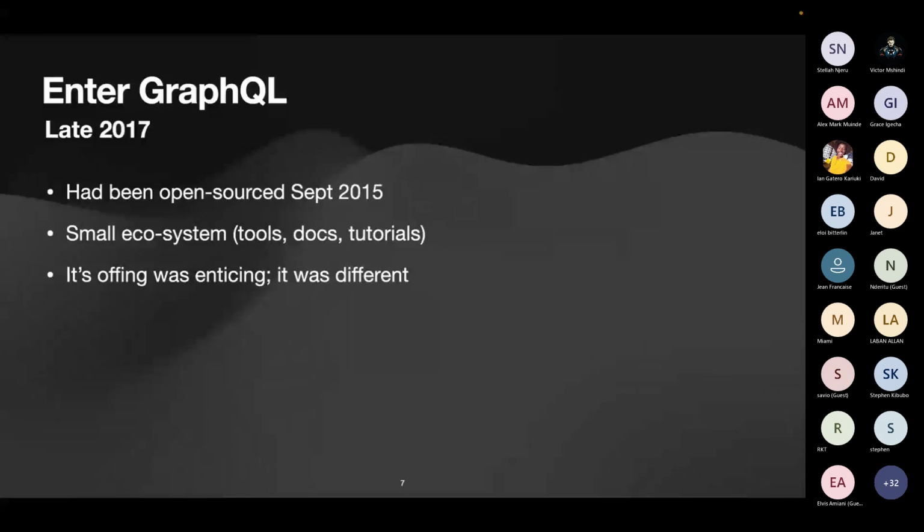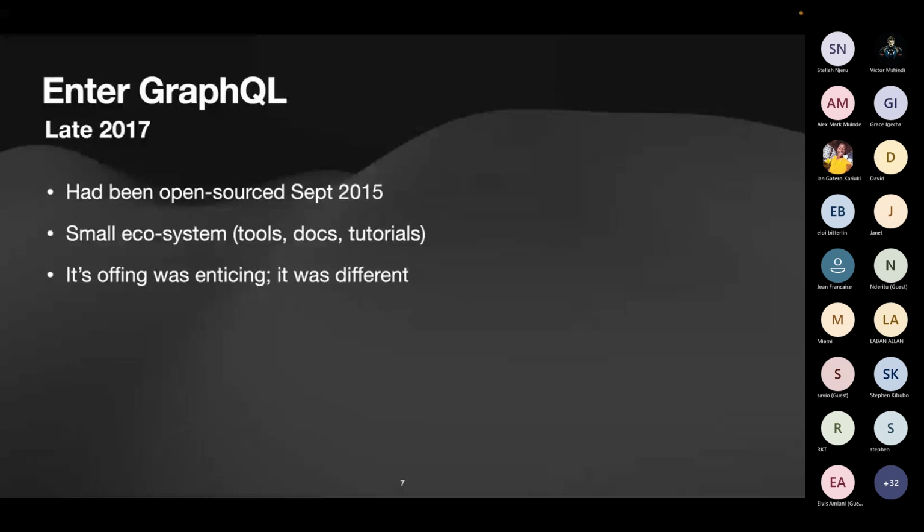Even the information that was out there was still scarce, and the ecosystem was growing when you talk about tools, documentation, tutorials, all these things. But the selling point of GraphQL was enticing because it was something different, something that we were not used to or had never seen before, especially when building clients.